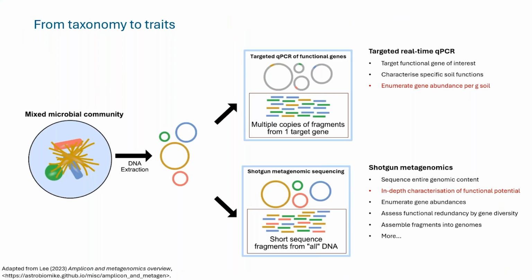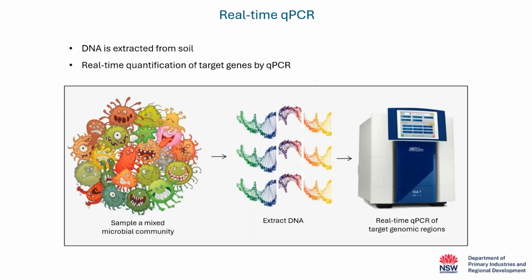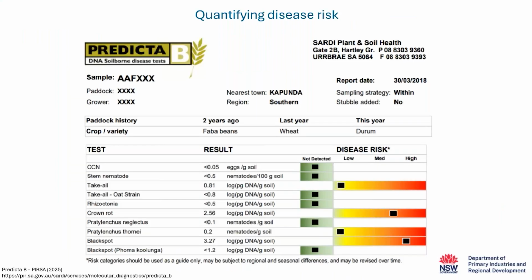In the interest of time, I won't go into any examples of functional metagenomics, but I'll touch on some more routine and accessible tests of soil function soon. So just like the example earlier, where I used qPCR to count bacterial and fungal abundances along the pH gradient, it can also be used to target and count specific genes as proxies, allowing us to assess the abundance of key microbial groups or functions.